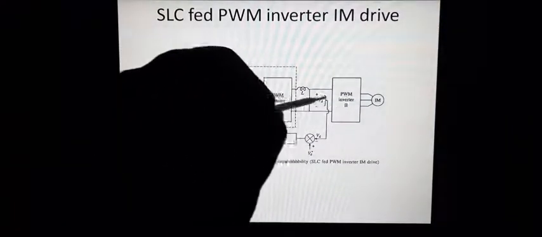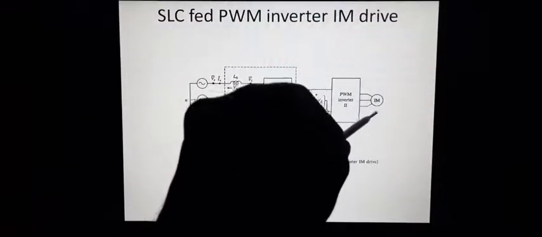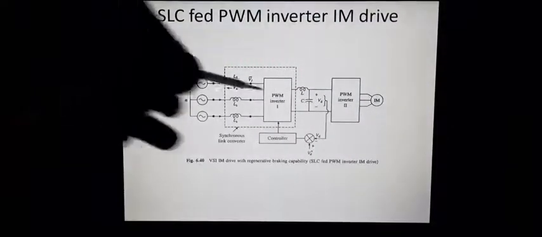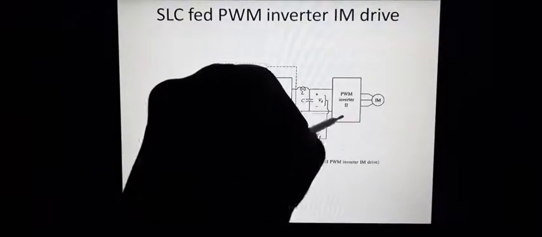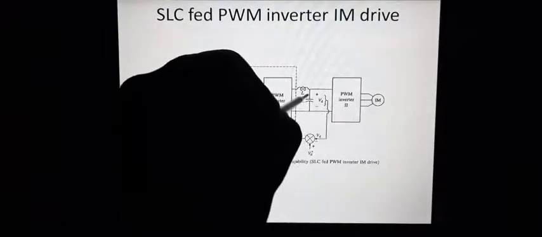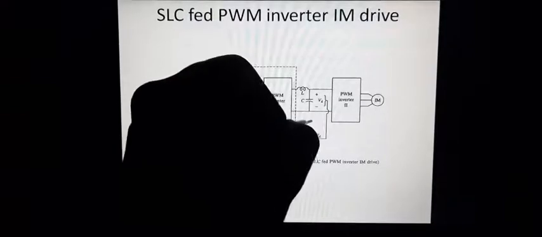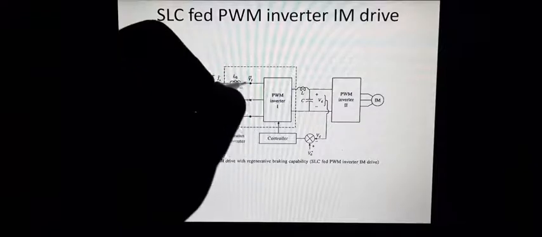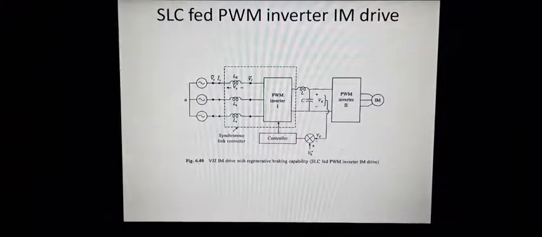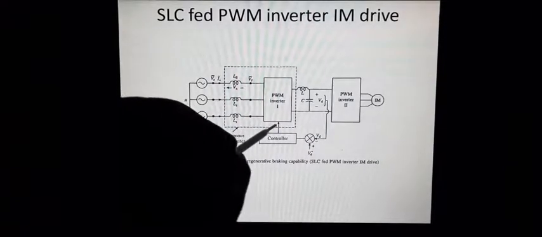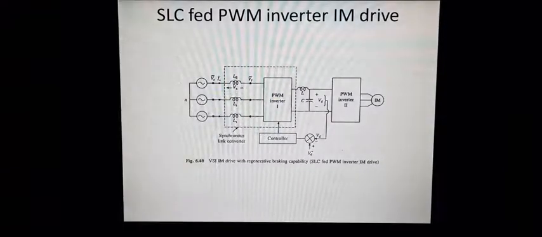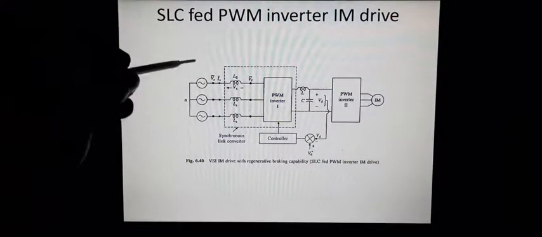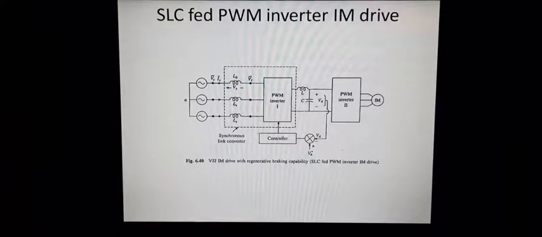So during braking operation, the power will be feeding from the induction motor side to the source side. So definitely this will be acting as a rectifier. In this DC link you will be getting the DC voltage, and this will be acting as an inverter, and at the output of this inverter you will be getting the voltage V1. So this inverter firing angle can be controlled in such a way that the output V1 will be obtained so that the phase angle between Vs and Is remains 0.